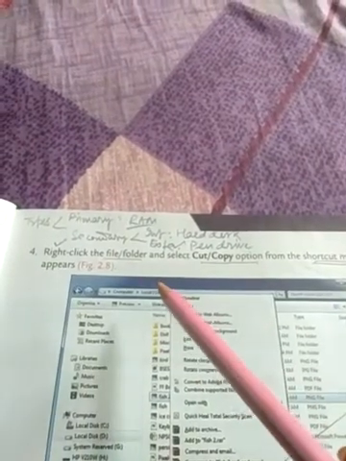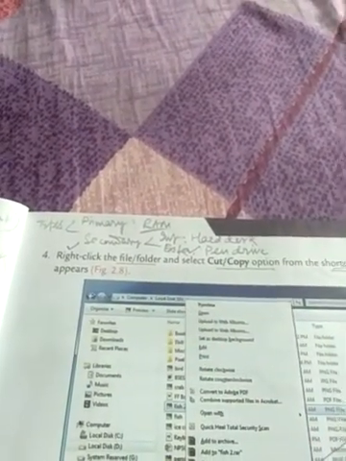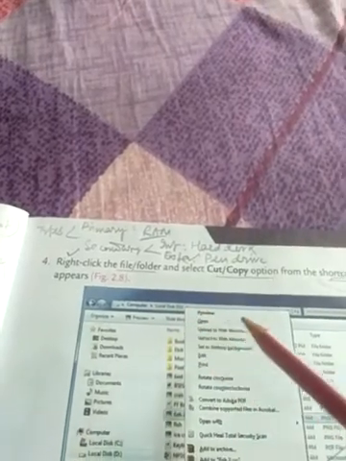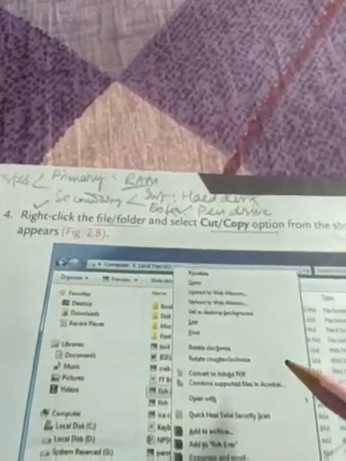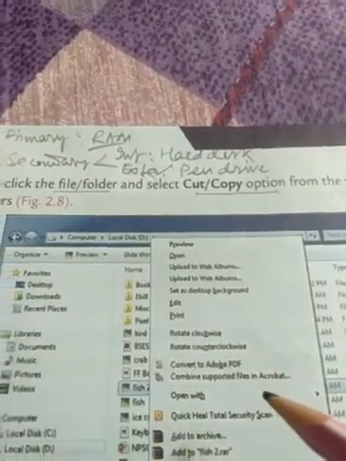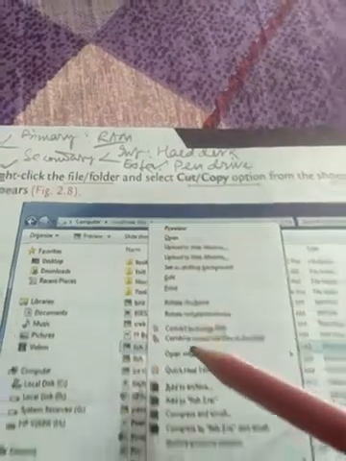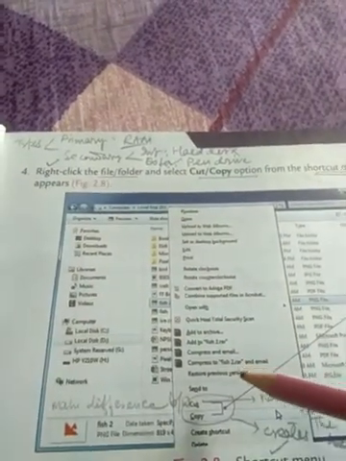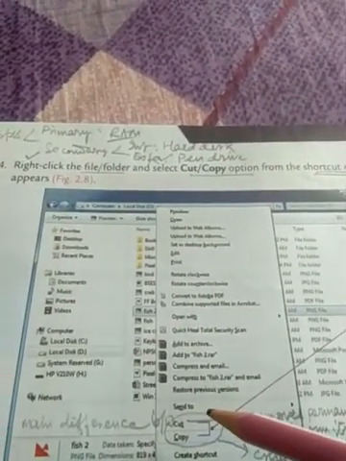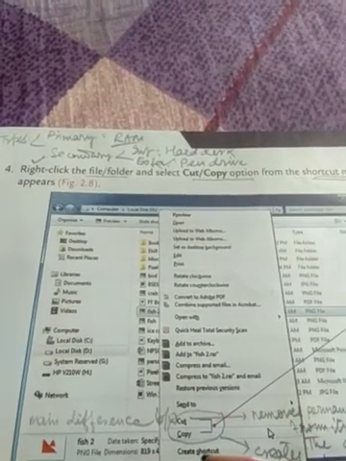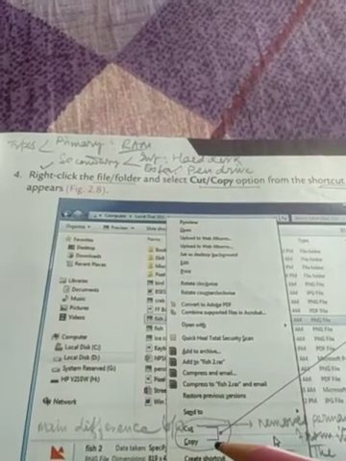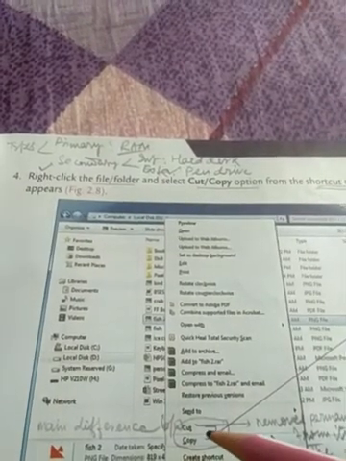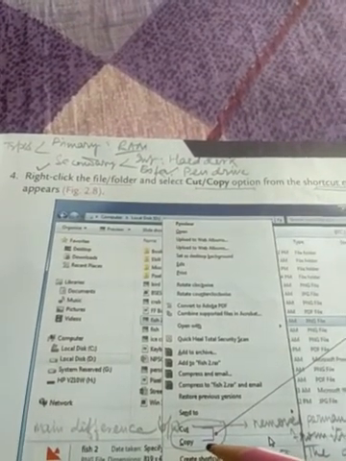I repeat, after right clicking on the desired or selected file or folder, we will have a shortcut menu that will be opened in front of our eyes, and this shortcut menu consists of different options. We have to choose either the cut option or the copy option. As I mentioned earlier, what are the purposes of using the cut option and the copy option?